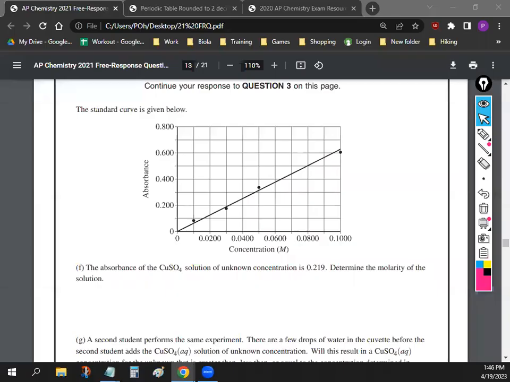Okay, guys. So for F, what you want to do is just look at the absorbance. It tells us the absorbance of the solution is 0.219. So you want to look around 0.219. So this is 0.3, 0.2, so a fifth of the way up about. So somewhere around there. And then we go down from there, and that's going to give us the concentration. So this is going to be 0.03. And it looks like it's a little less than half, right? So you can say like